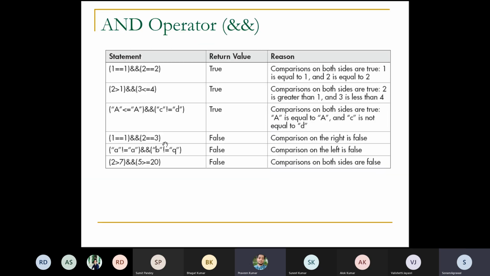बी क्यू के बराबर नहीं है, ये ट्रू है, लेकिन ए और ए तो आपस में बराबर हैं। यस मैम। यहाँ नॉट इक्वल टू लगा है, जो कह रहा है कि ए स्मॉल ए के बराबर नहीं है, जो कि फॉल्स है। सेकंड वाली कंडीशन ट्रू है, बी इज नॉट इक्वल टू क्यू, जो कि सही है, लेकिन ए इज नॉट इक्वल टू ए, ये फॉल्स है। एक ट्रू है, एक फॉल्स हो गया, तो ऑब्वियसली पूरा का पूरा स्टेटमेंट फॉल्स पे इवैल्यूएट होगा।